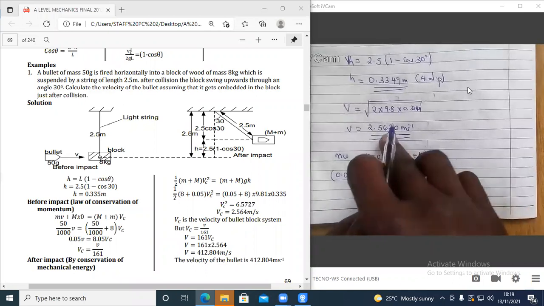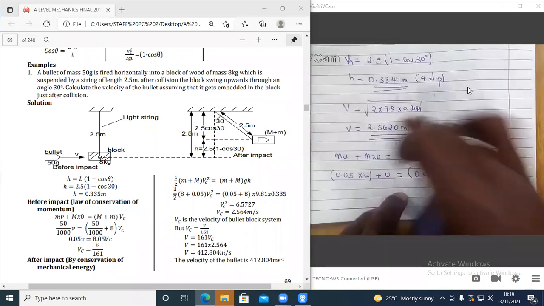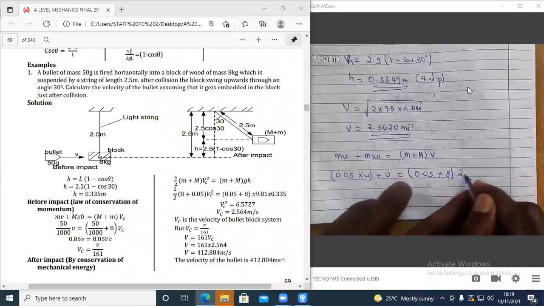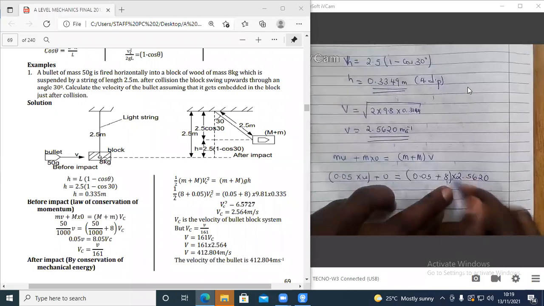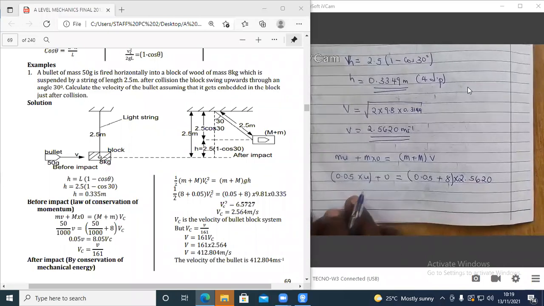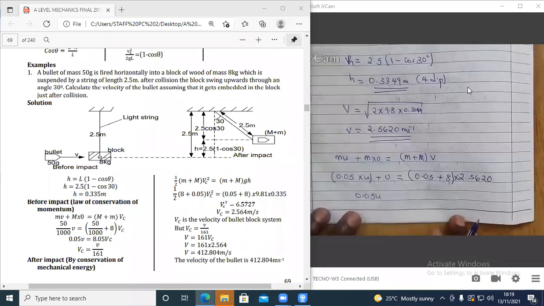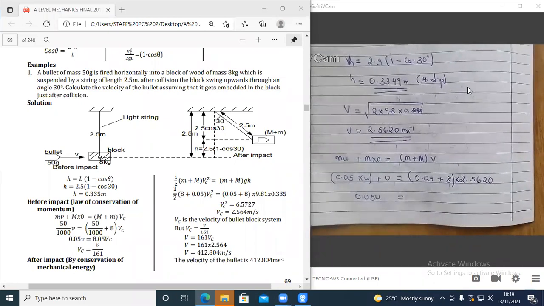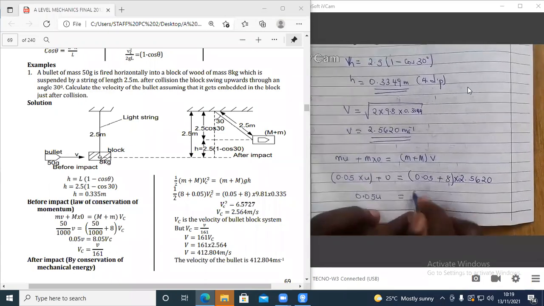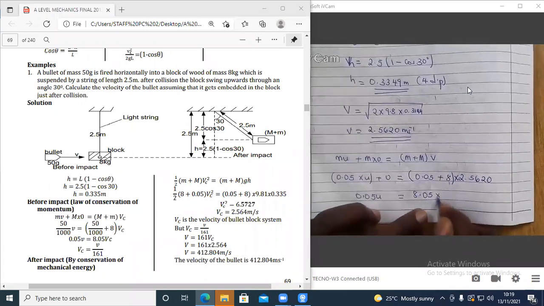The common velocity we have got is already here: it is 2.5620 times that. So we shall have 0.05u equals 8.05 times